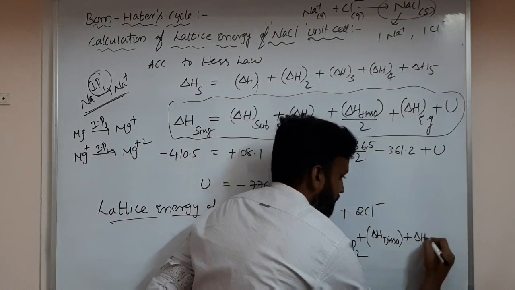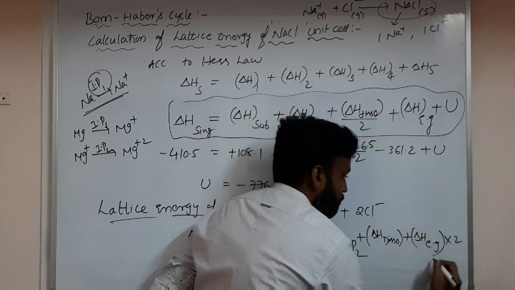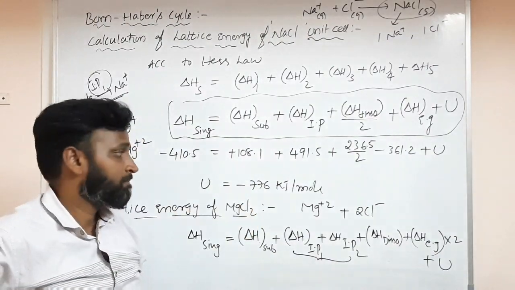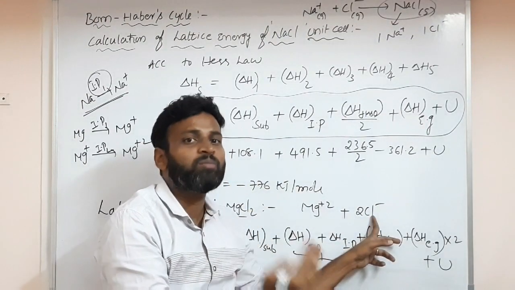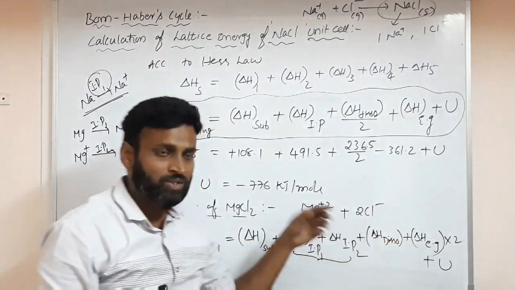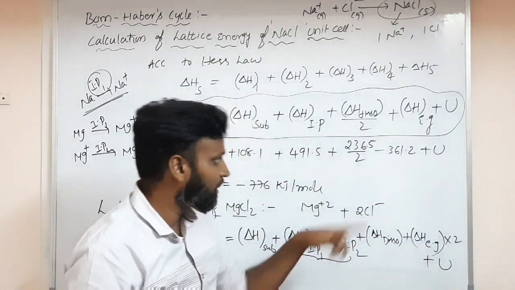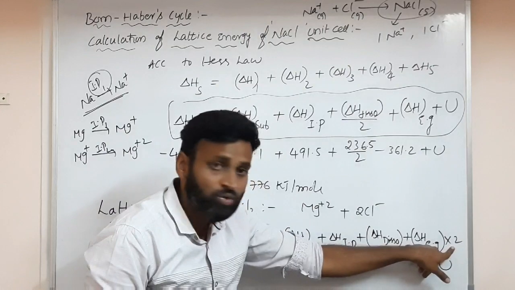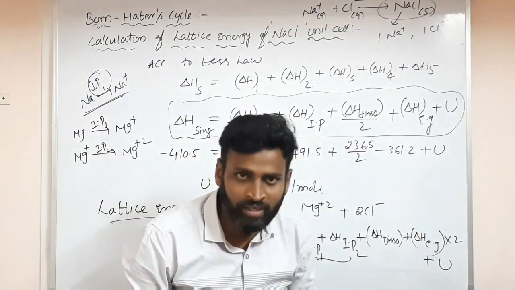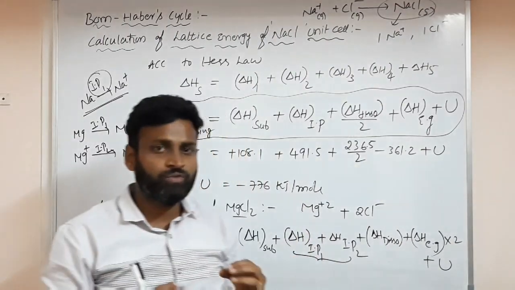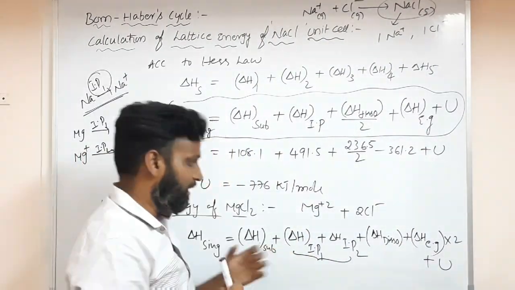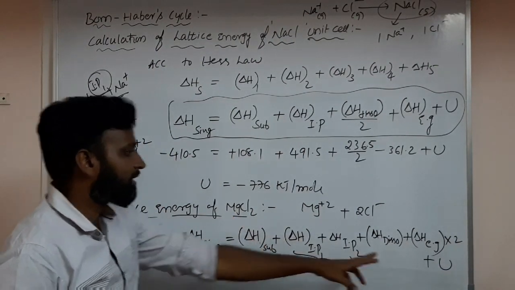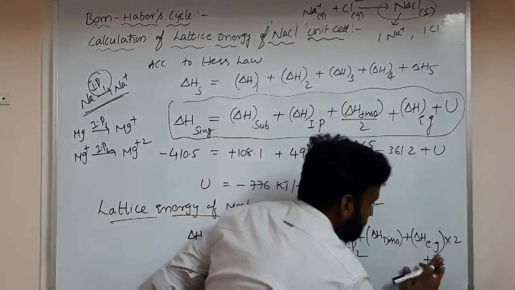So delta H dissociation, that's it. Now plus delta H Eg multiplied with 2 plus U. Why, sir, was electron gain enthalpy multiplied? Because one chlorine takes 1 electron, but 2 chlorines will take 2 electrons. One chlorine taking 1 electron is minus 361, but to form 2 Cl minus, we have to take minus 361 into 2. Following? It is a bit confusing, but you have to avoid confusion. If you have any doubts, please ask me. I'll explain. MgCl2 formation, how to calculate lattice energy. This is the lattice energy finally, plus U.